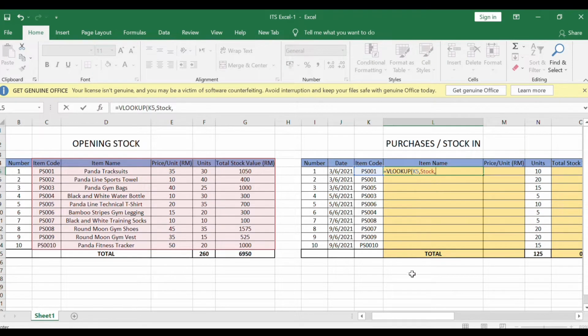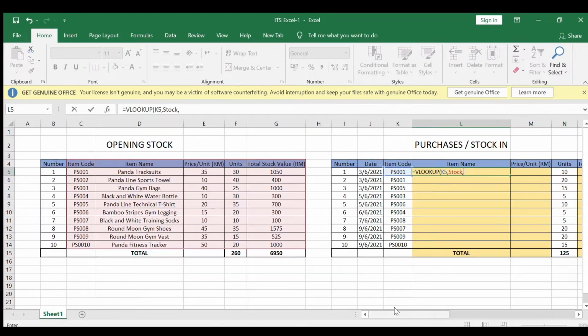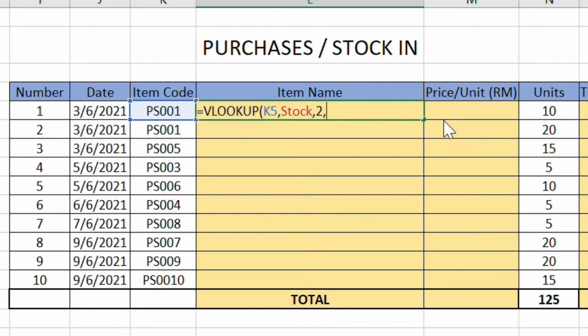And then we will search for the column index number, which is for the item name. We want to look up the item name from the opening stock into the purchase stock, which is located in the second column in the opening stock. So we will select 2, and